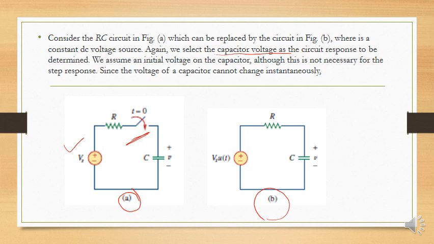We are connecting a source at t equal to 0. So sometimes it may happen that initially no source was connected and our capacitor or inductor does not have any kind of charge on it. So we must keep that state also in mind, that maybe we get 0 for t less than 0 or t equal to 0, and we have to find out the response at t greater than 0.